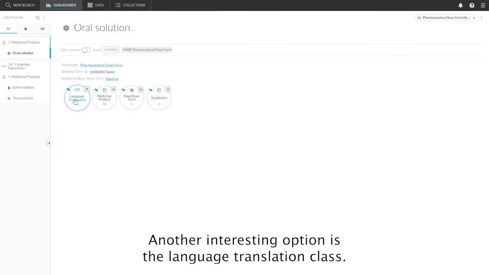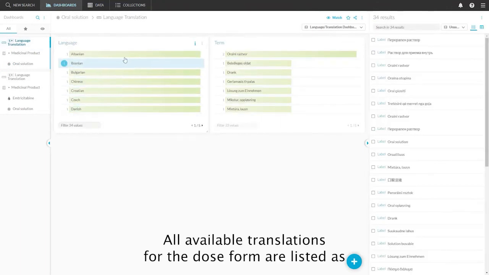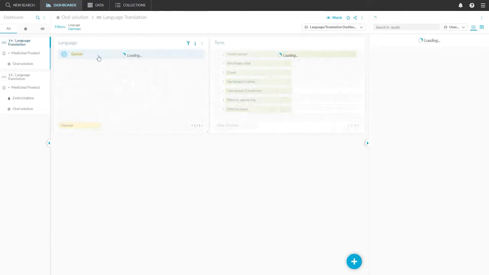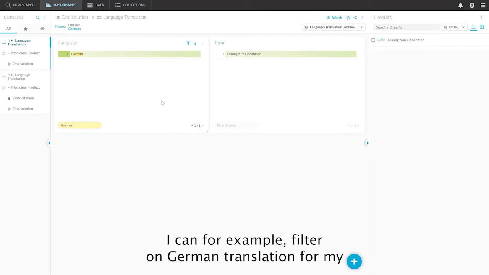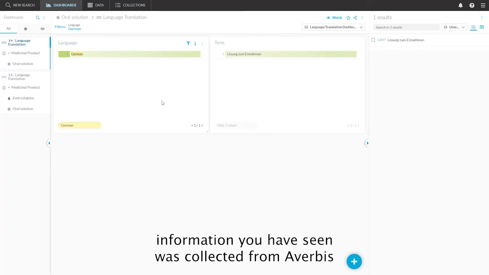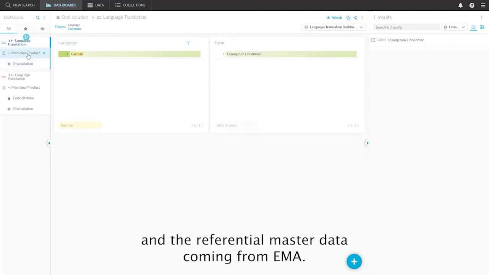Another interesting option is the language translation class. All available translations for the dose form are listed, as you can see here on the screen, and can be filtered on. I can, for example, filter on German translation for my oral solution. All linked information you have seen was collected from Averbis that provided us with text-mined SMPC documents and referential master